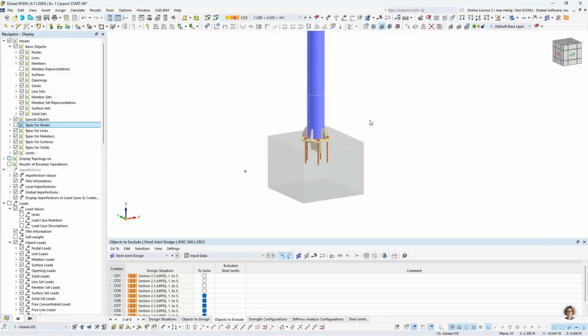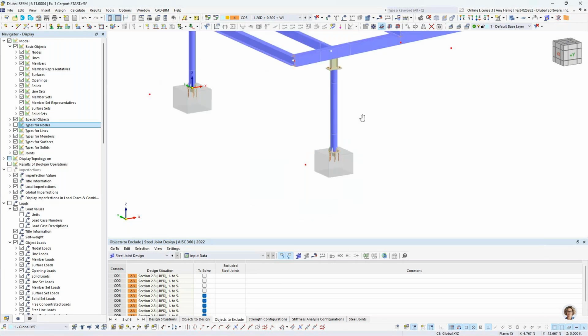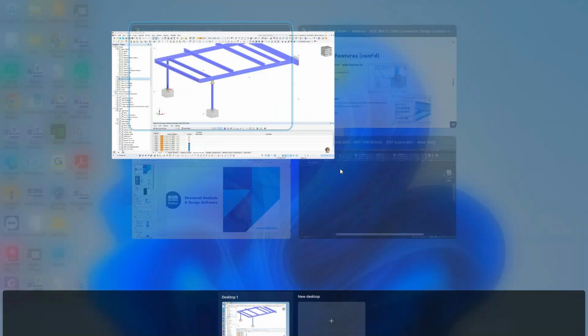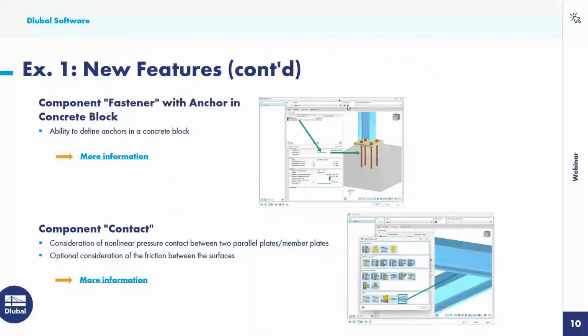Okay, so we want to now move on to additional connection types here. And I'm going to go back to the PowerPoint to explain a couple more new features. So another new component is called fastener with anchor in the concrete block. So the fastener we've had for quite some time, but we now have the ability to fasten these steel members